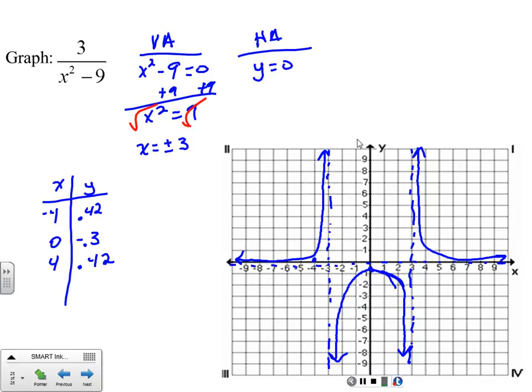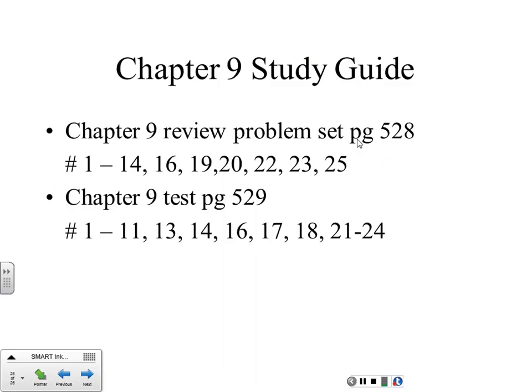All right. So for your test next week, for your Chapter 9 test next week, if you want to work on a study guide, you can. I think these pages are actually right. Yes, they are. Page 528, you have the numbers, and then page 529, which is the Chapter 9 practice test. It's not the actual test, it's just a practice test. You can work on those numbers as well. The numbers that I told you to put a star next to, you may not see them in here, but we went over them in class. That's fair game for the test, okay? And then, of course, these problems are definitely fair game for the